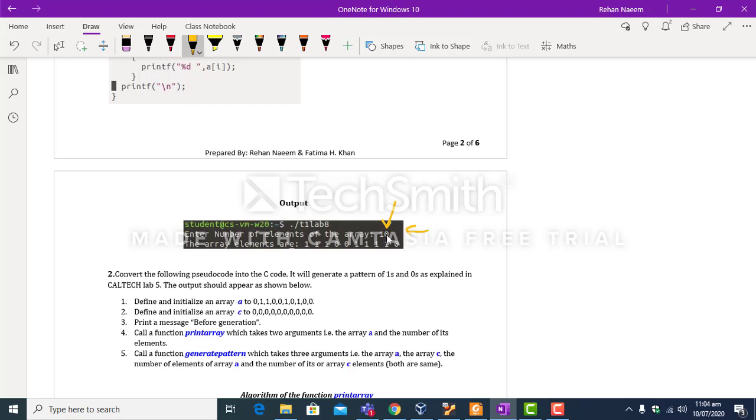Say for example, if the user enters 10, the program will print 10 elements of this array, and all of these elements will either be 0 or 1, and it is not necessary for this pattern to be the same every time you compile and run the program. It means that this program will initialize this array randomly every time you compile and run this program.